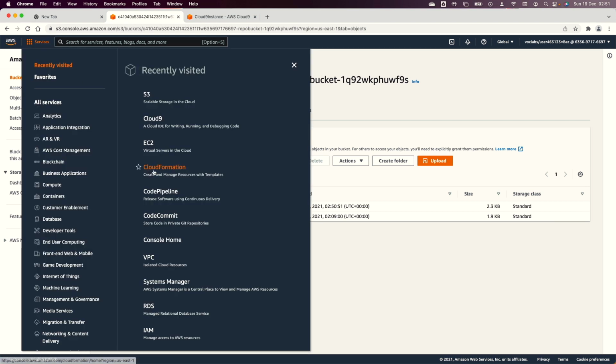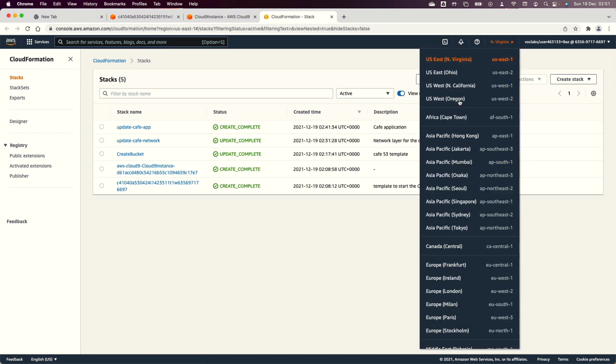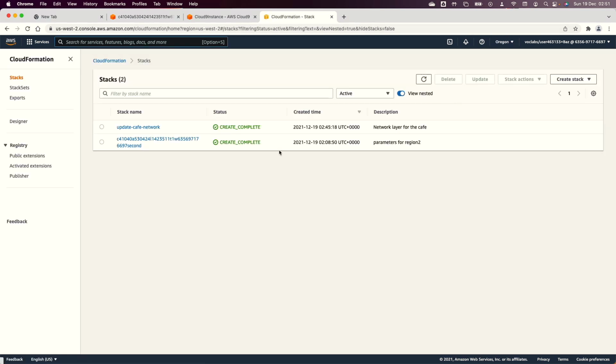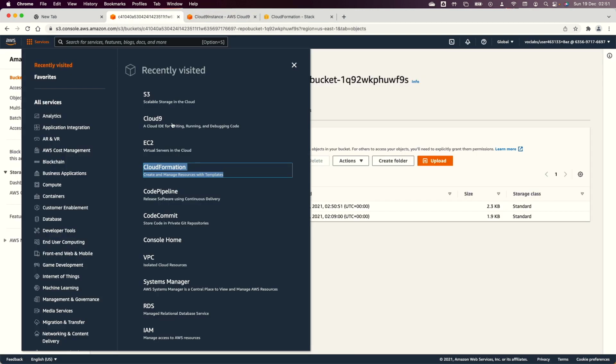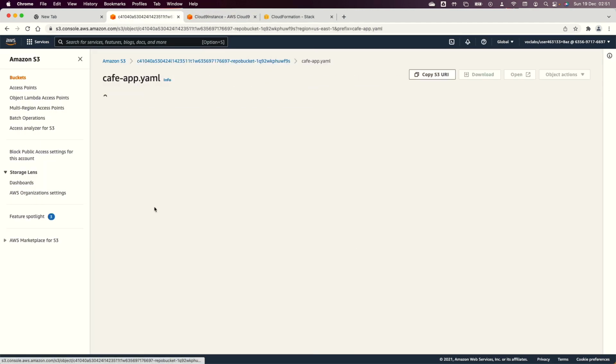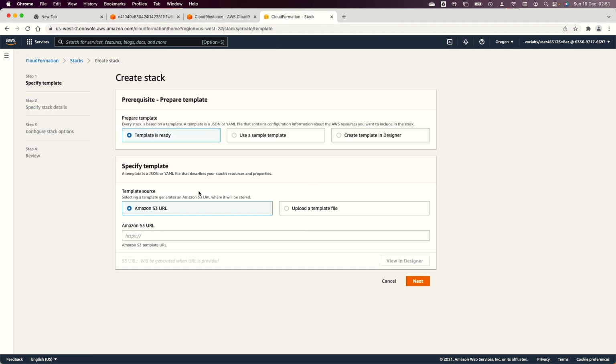So let's go to CloudFormation in a new tab. I am in US Oregon, and from CloudFormation, I need to go and create a new stack. Now from the S3 bucket here, I need to select the file and copy the object URL, and template is ready, Amazon S3 URL, and this is to show you how you can use S3 as well to save all these